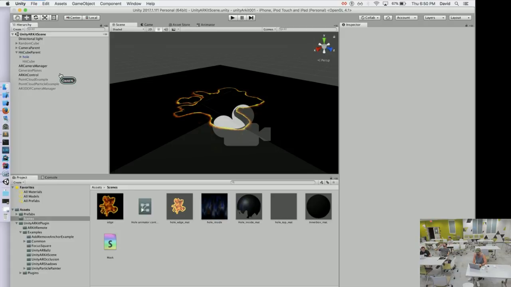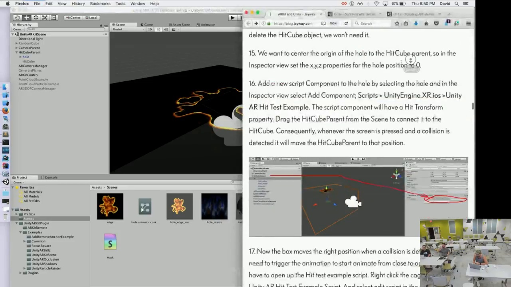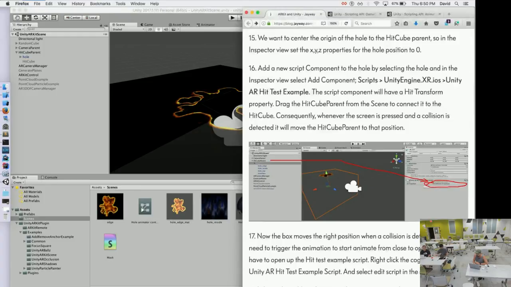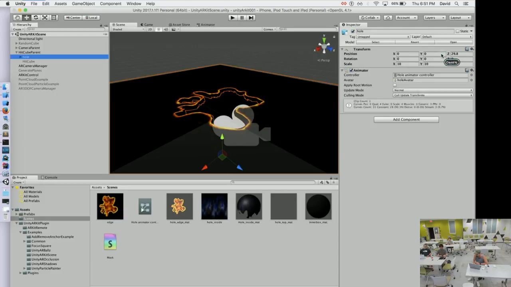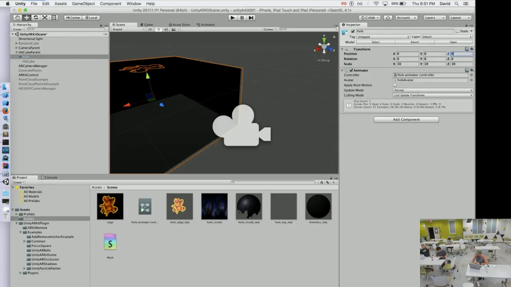Save that, head back to Firefox. On to step 15. We want to center the origin of the hole to the HICube parent. So in the inspector, set the XYZ properties for the hole position to 0. So we head over to the hole, we'll go to the XYZ position. This is the only one we need to update. Click on 0, enter. So it's set at the 0 position, save, go back over to Firefox, and we're done